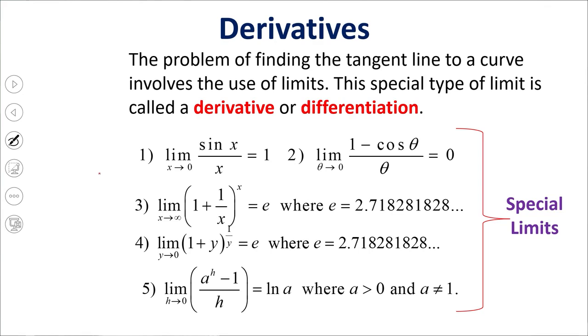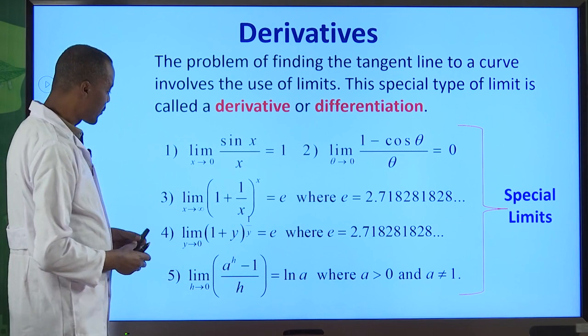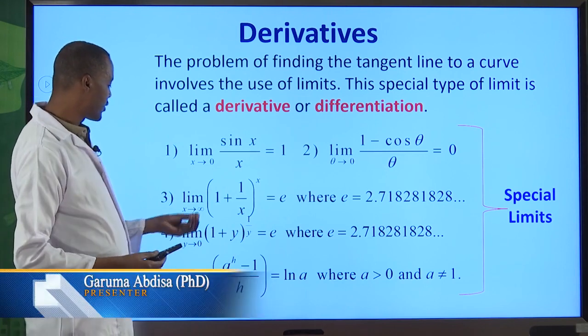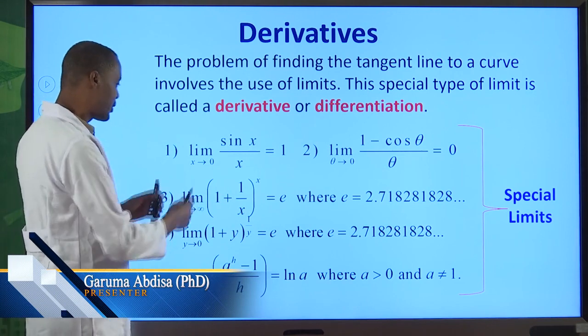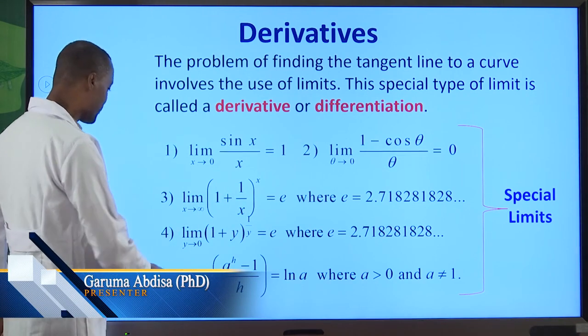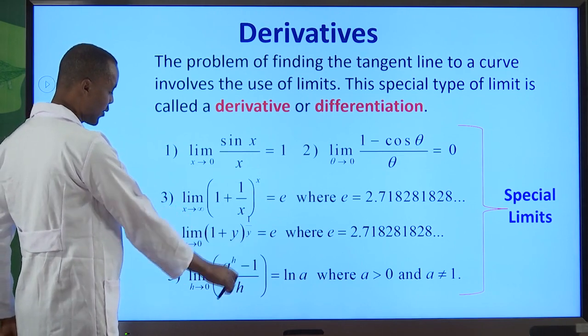E is this number. And the fourth special limit is the limit of 1 plus y, the whole to the power of 1 over y, as y approaches 0, that is also equal to e. The third and the fourth special limits, one is just derived from the other by a simple change of variable, and we have seen that in the previous tutorial. And the fifth special limit is the limit of a to the power h minus 1 over h